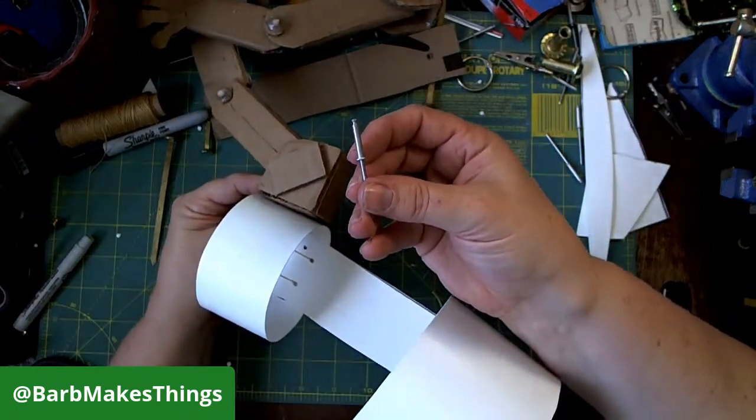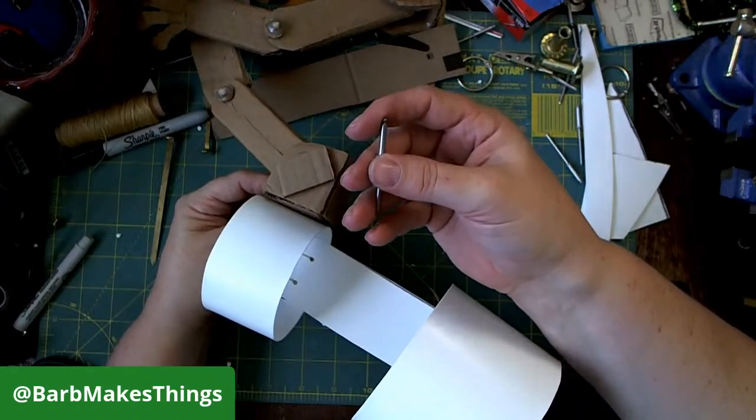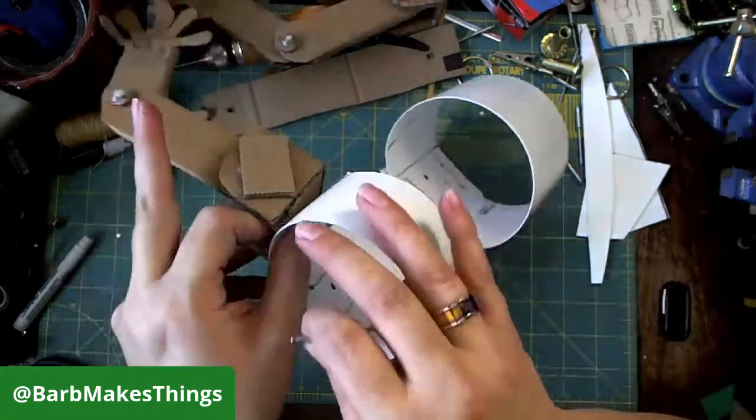If you don't know, schlaf gut. Is that like sleep well? I don't know. Anyway,